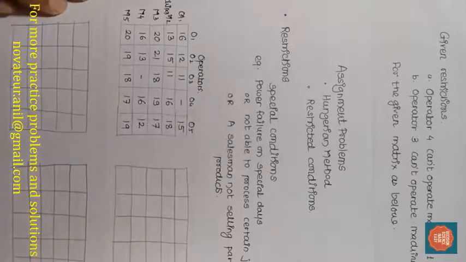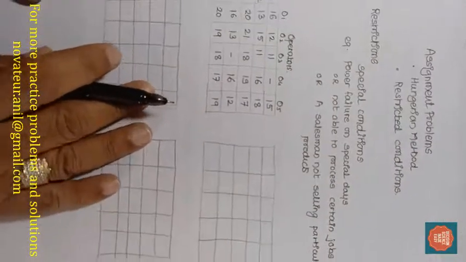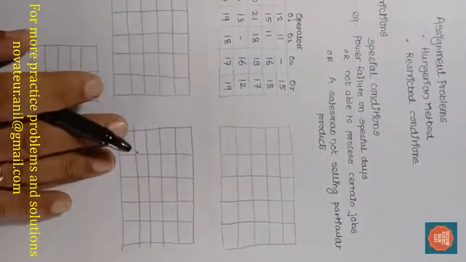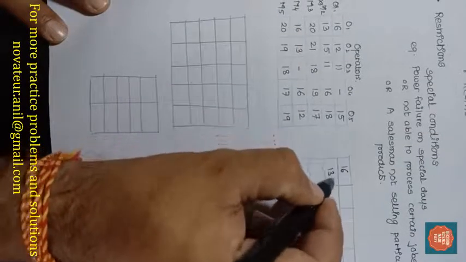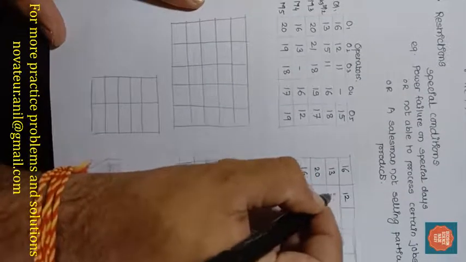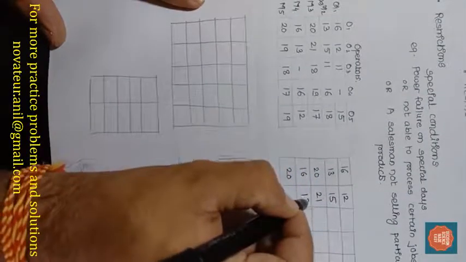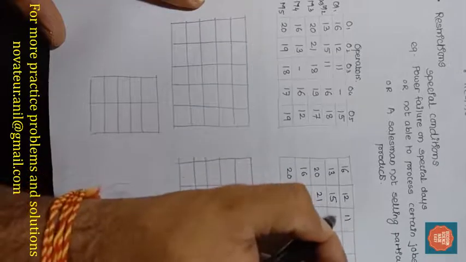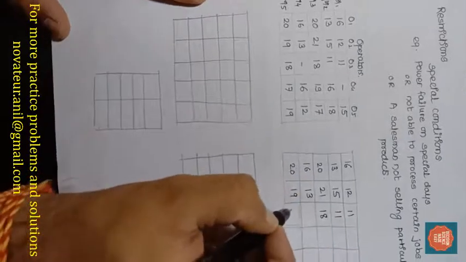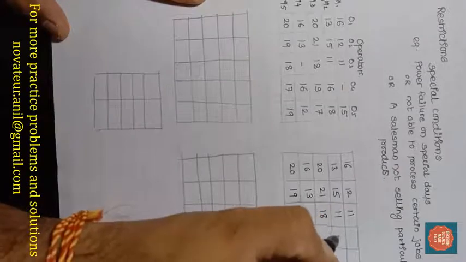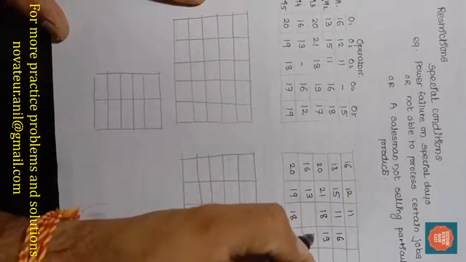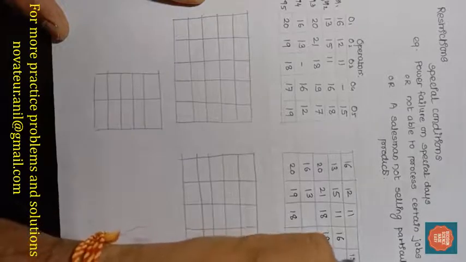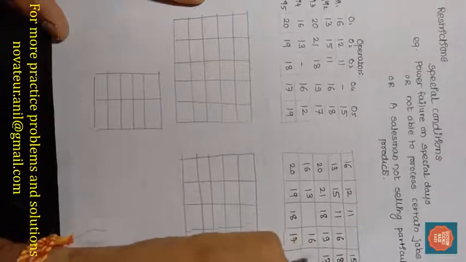So in case of restriction, we have to rewrite the same matrix which is already given there. Let me rewrite it. So it's simply 16, 13. I'm writing this column wise: 16, 20, again 12, 15, 21, 13, 19, 11, 11, 18. I'll put this blank. 18, again this I'll put blank. 16, 19, 16, 17, 15, 18, 17, 12 and 19.